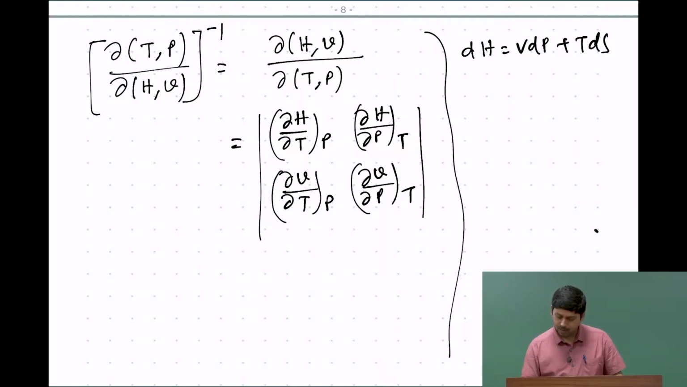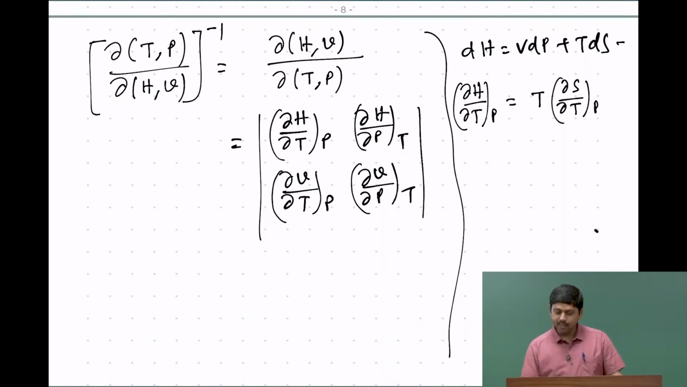For example, from this equation itself we can get that. Let us take a derivative with respect to T at a constant P. Once we do that, the first term becomes 0, because it is at a constant P. So, the second one gives us del S by del T at a constant P, and T del S by del T at a constant P is nothing but Cp. So, the first term is Cp. Now, let us take a derivative with respect to P. So, del H by del P